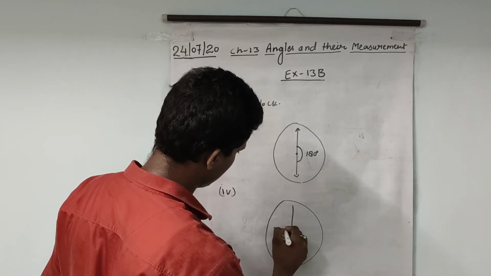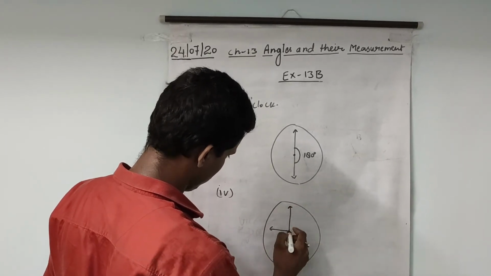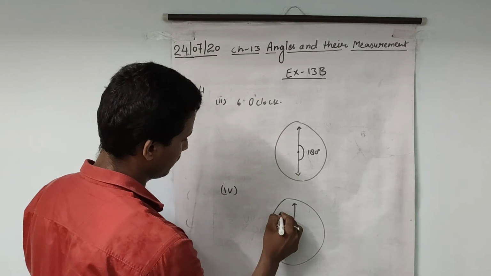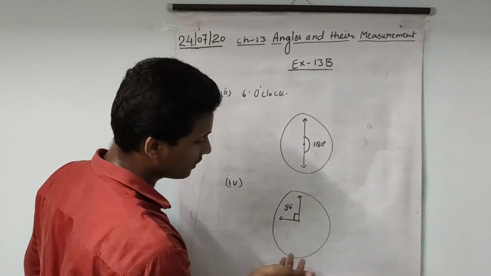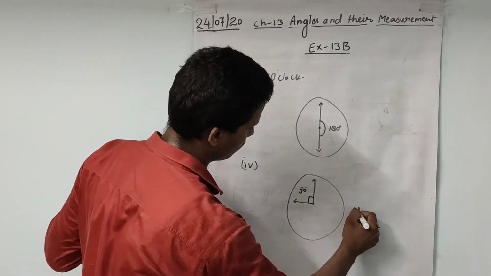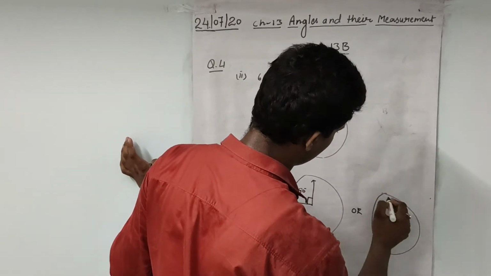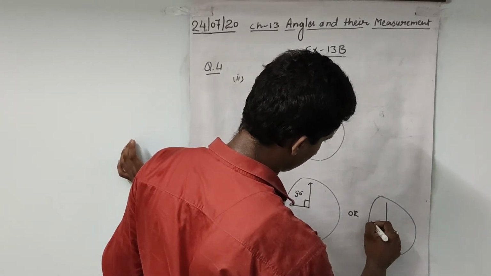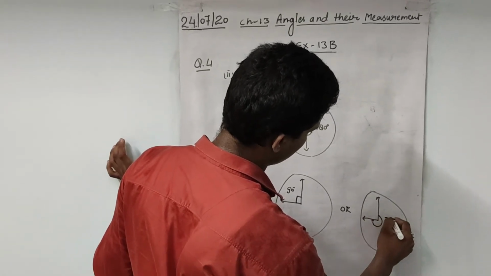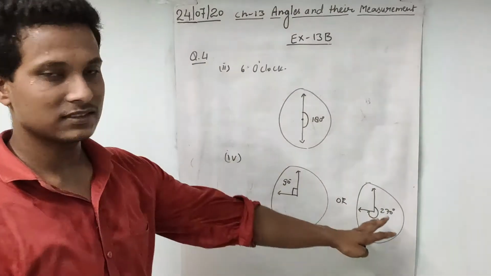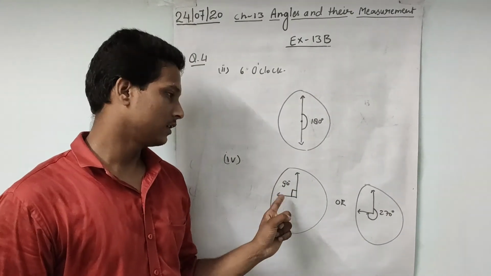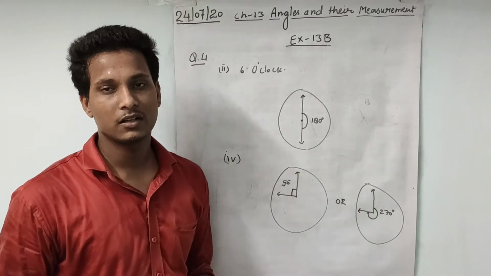And the fourth question they have asked for is 9 o'clock. 9 o'clock means that is like that. So if we consider the inside angle like this, then it will be 90 degrees. Okay. This is the anti-clockwise. If we consider the outside angle, means clockwise, like this, then this will be 270 degrees. Means both the answers are correct, depending on which case you take. If you take anti-clockwise, then it is 90 degrees. If you take clockwise, then it will be 270 degrees.